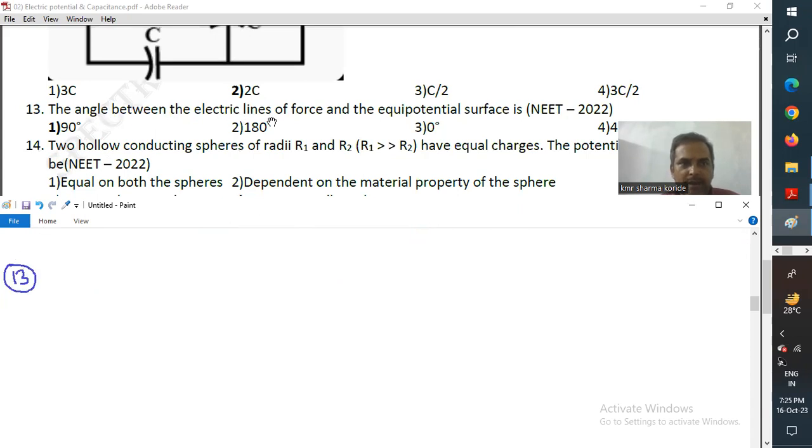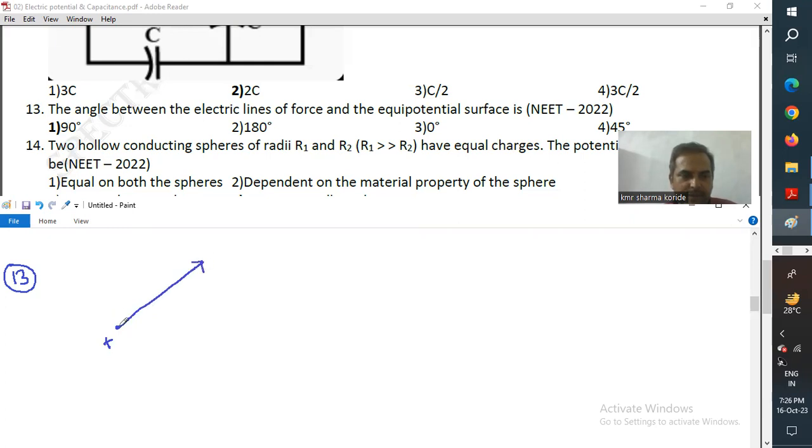The angle between electric lines of force and equipotential surface. What does equipotential surface mean? The potential due to a charge at the given points must be the same. So in the previous chapter, the chapter before this, field lines, electric fields and charges, you have learned that if it is a positive charge, field lines start from it. This is one of the properties of electric field lines. Field lines start from the positive charge. Even you can take a negative charge also. Field lines tend towards the negative charge. These are all the field lines. You can draw infinite field lines